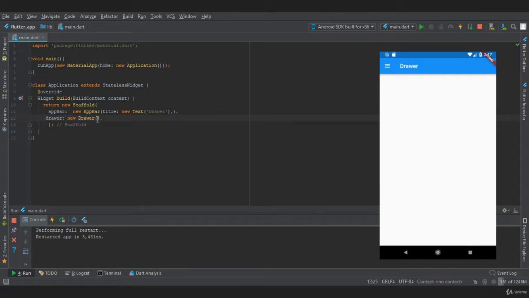In this empty drawer, we are going to provide a list view. In this we will create a property called children. In this we are going to provide list tile.